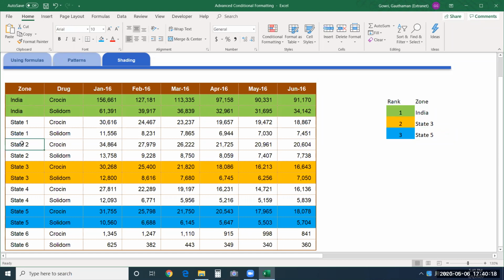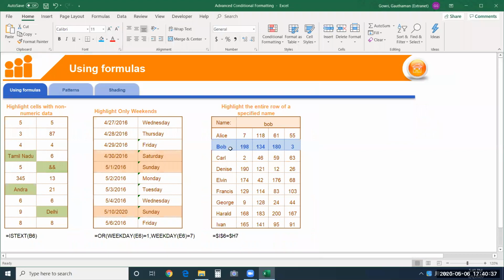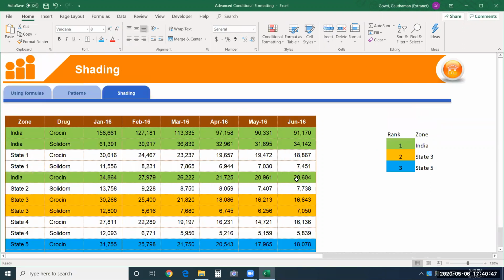Now let me show you. I type India over here. You can see the color is applied over there as well. So wherever you see the same zone name, all those rows will be highlighted using this shading concept. So not much difference. If you have understood this part, something similar has happened over there. Here we are trying to highlight only a single row. There we have given for multiple things and it keeps changing dynamically. So that's the thing.